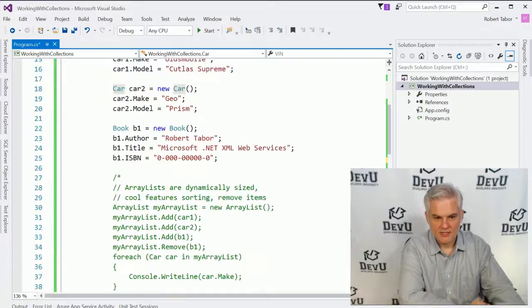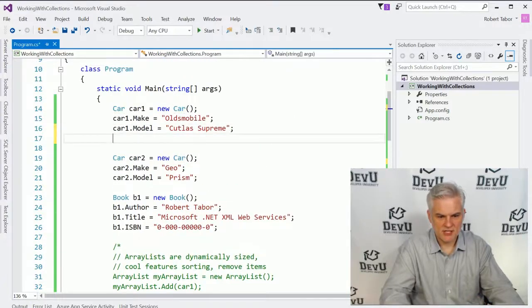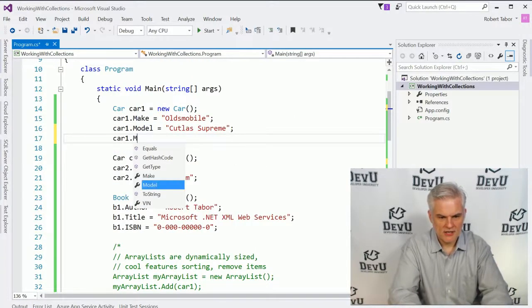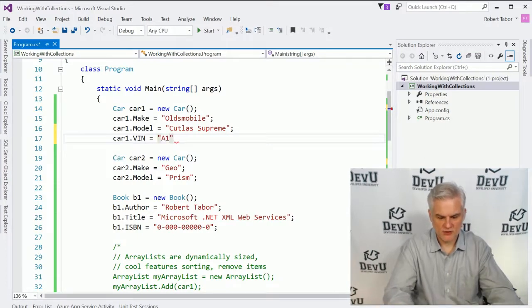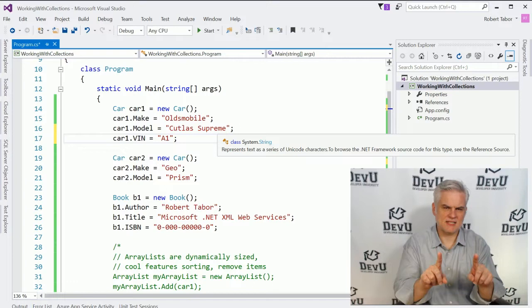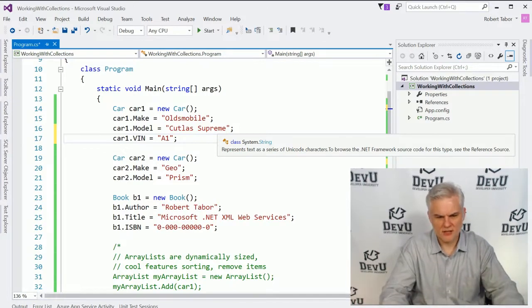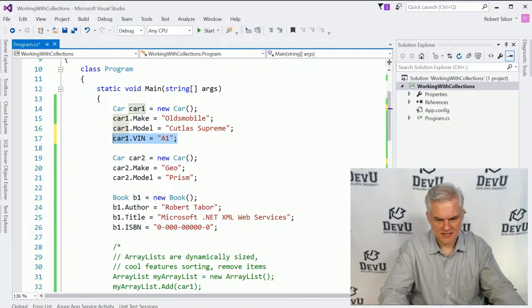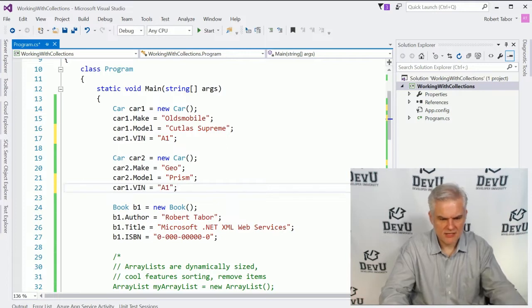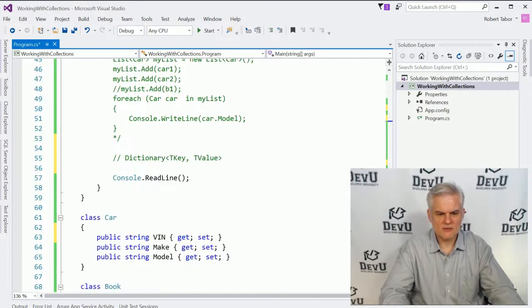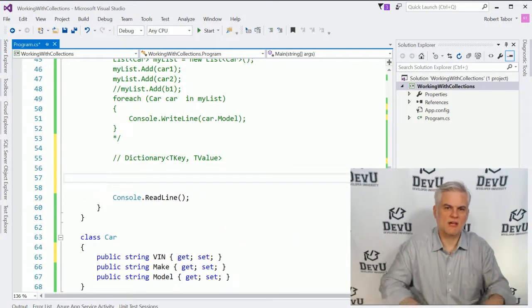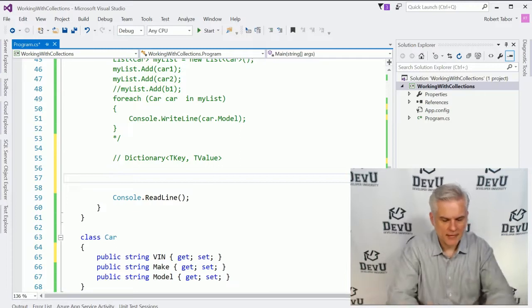been created. So what I'll do is come back up here to the definition and go car1.VIN, and I'm just going to use a very short VIN number. I think they're typically like 18 or 24 characters long or something like that. I'm not exactly sure, but this should uniquely identify every car in the world, especially every car on our car lot. So now what I can do is create a dictionary of my cars by starting off and saying something like